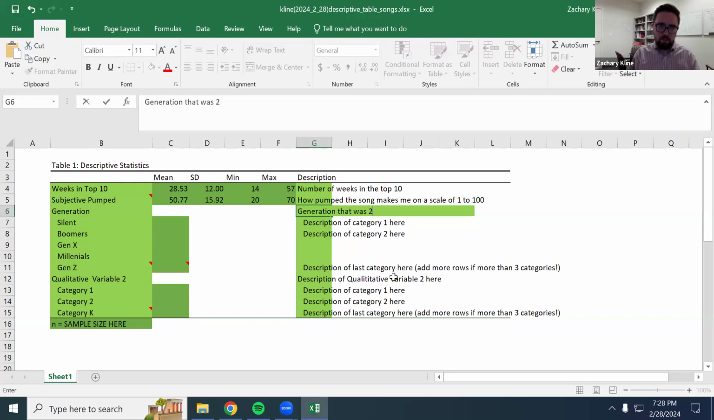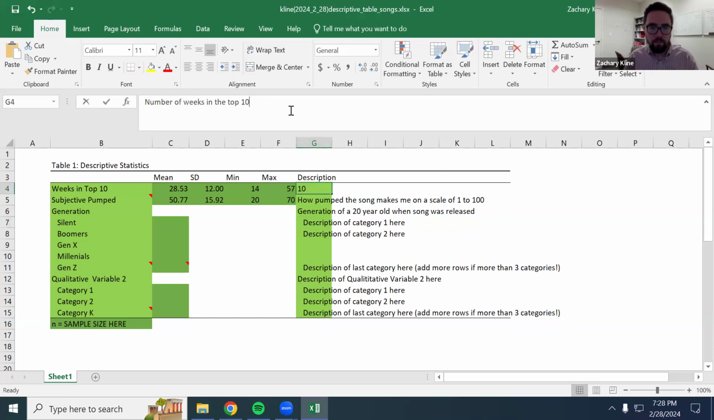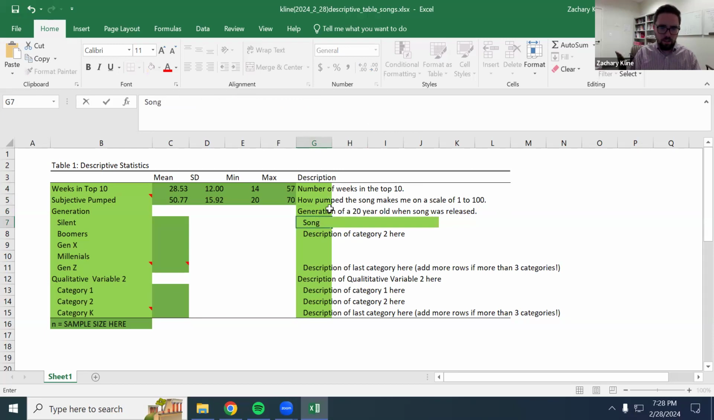Generation of a 20-year-old when the song was released. Is that accurate? Generation of a 20-year-old when the song was released. It sounds about right. Got periods, punctuation. Song, and silent. Song is from Gen X. Song is from Millennial